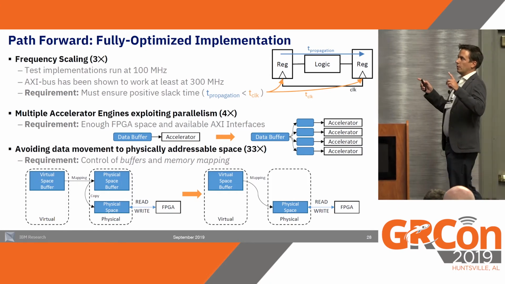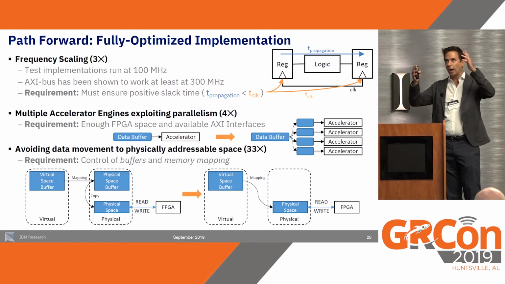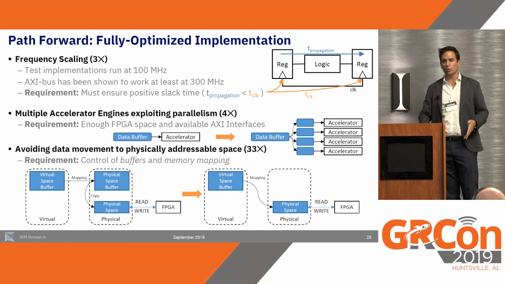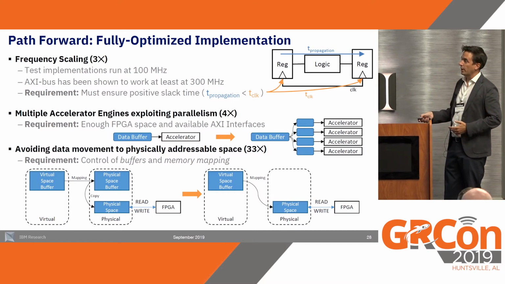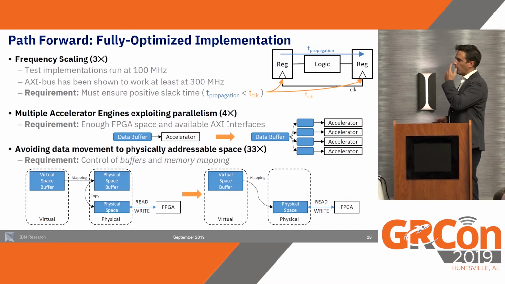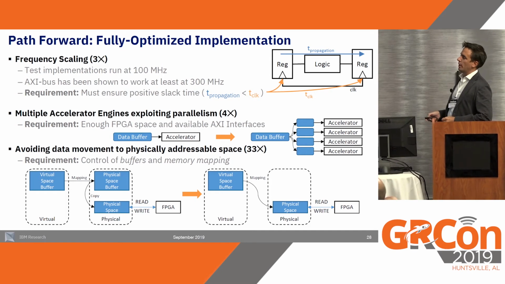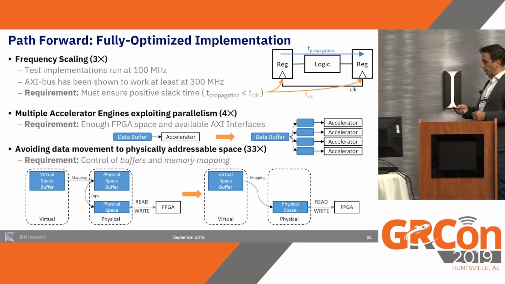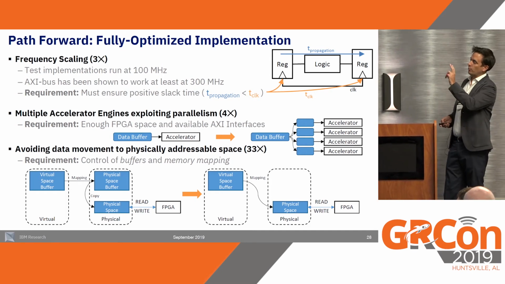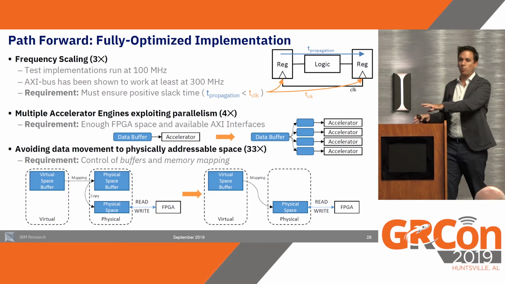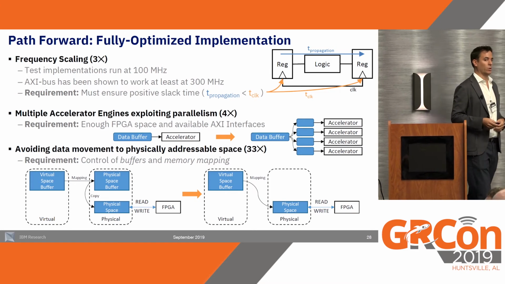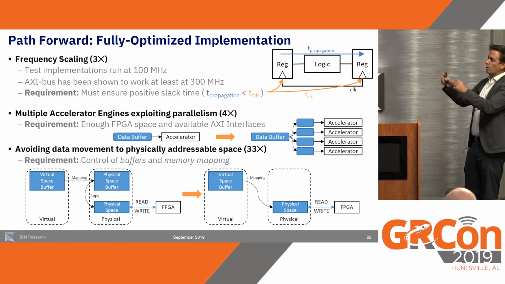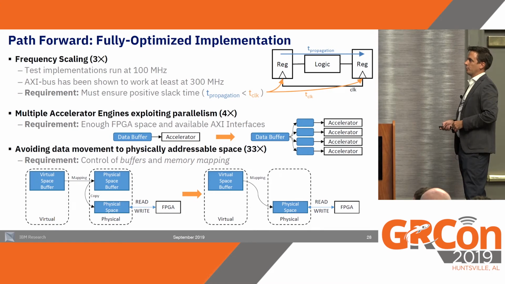If we could fix GNU Radio to have a static mapping of the buffers from virtual to physical memory, then we wouldn't need that extra copy step, and we would completely get rid of that memory copy overhead, with a potential improvement of 33 times in terms of performance, right? So these 3 optimizations are not yet in place, but we believe all 3 of them are doable, feasible. So this is our next step in optimizing our hardware accelerator.